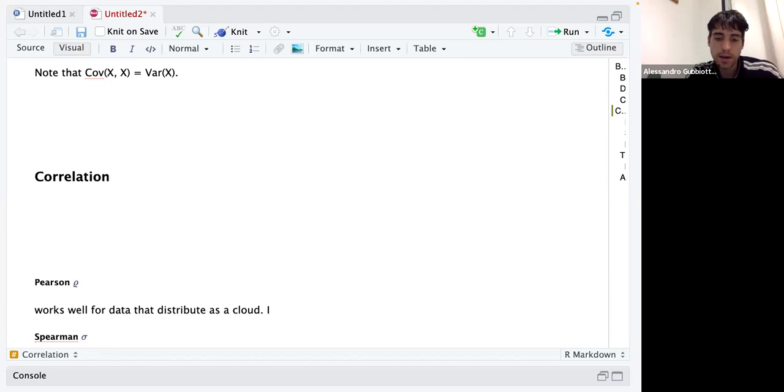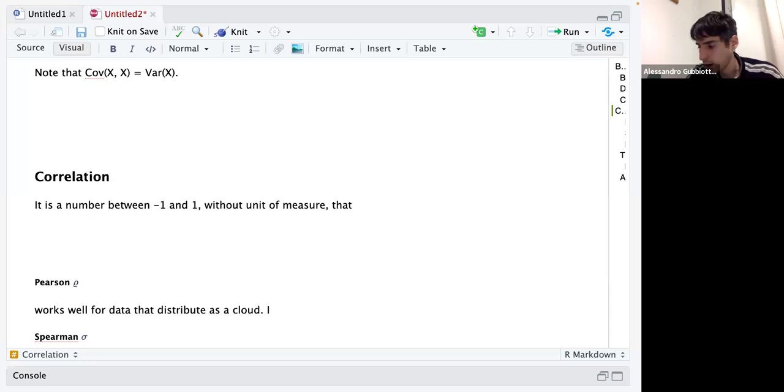In general, it is a number between -1 and 1, without unit of measure, that measures how